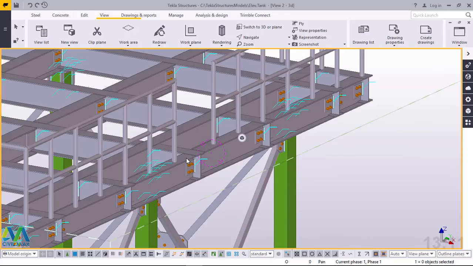Then from there we'll be going straight to drawing creation, both the GA, the assembly,